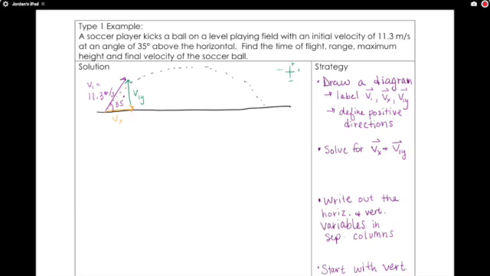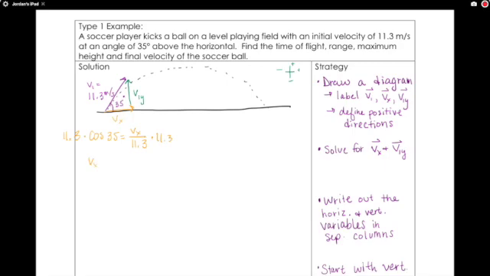So cosine of our angle, 35 degrees, equals Vx over 11.3. Okay, so we're going to times both sides by 11.3, and we will get that